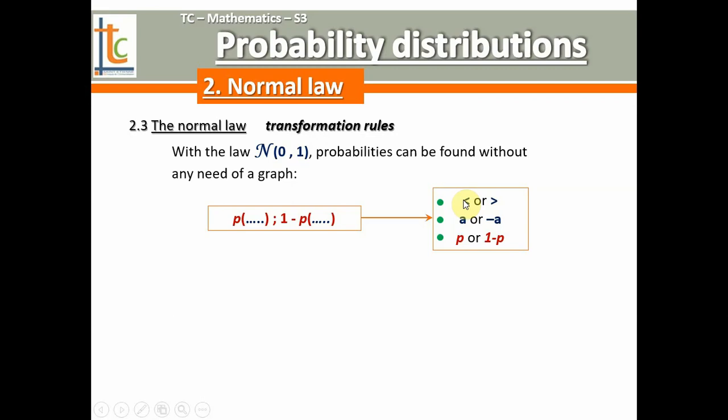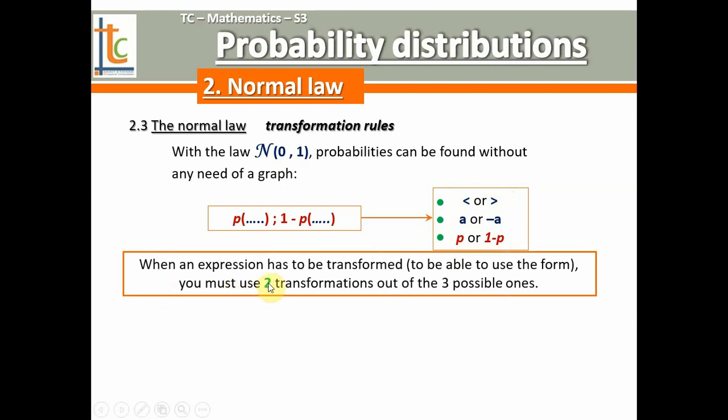So every time you try to change a writing on one of the 3 points, you are changing the probability into the complement probability. So now we've got a result that is an obvious one. If you use 2 transformations, you fall back to the same probability as the first one you wanted to calculate. So 2 out of the 3 possible ones, not more, not less. So you've got 2 possibilities if you want your probability. The first possibility is don't change it. The second one, okay, change the writing, but you have to change 2 points in order to fall again on